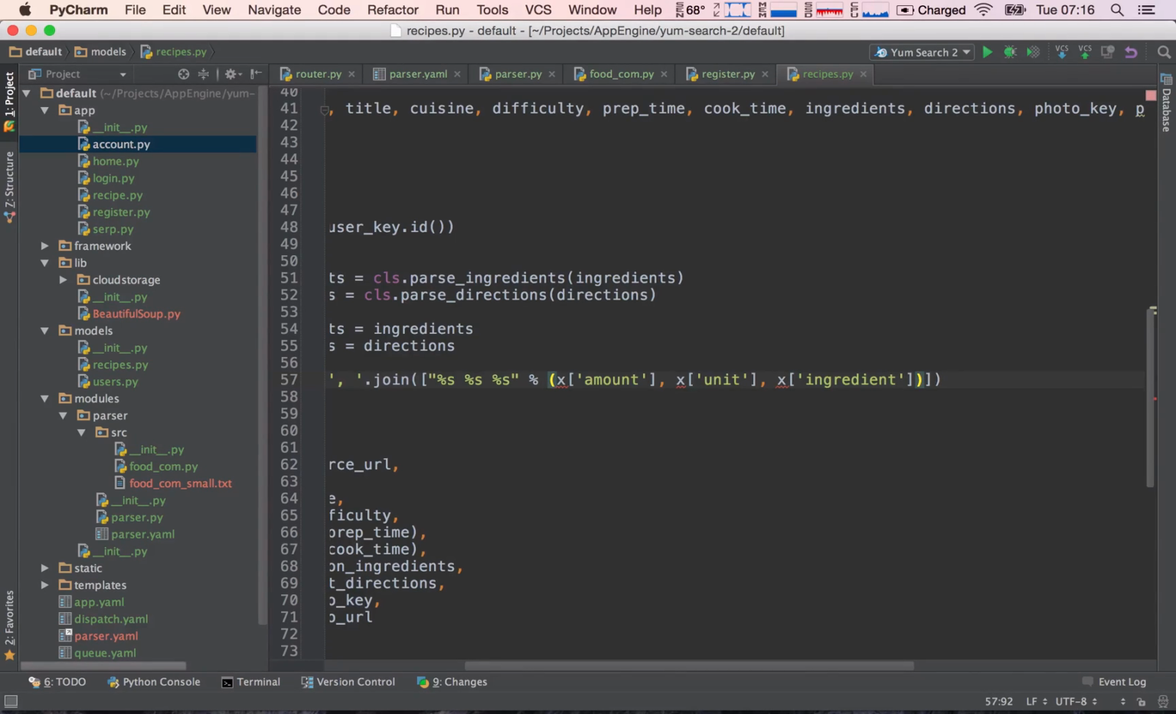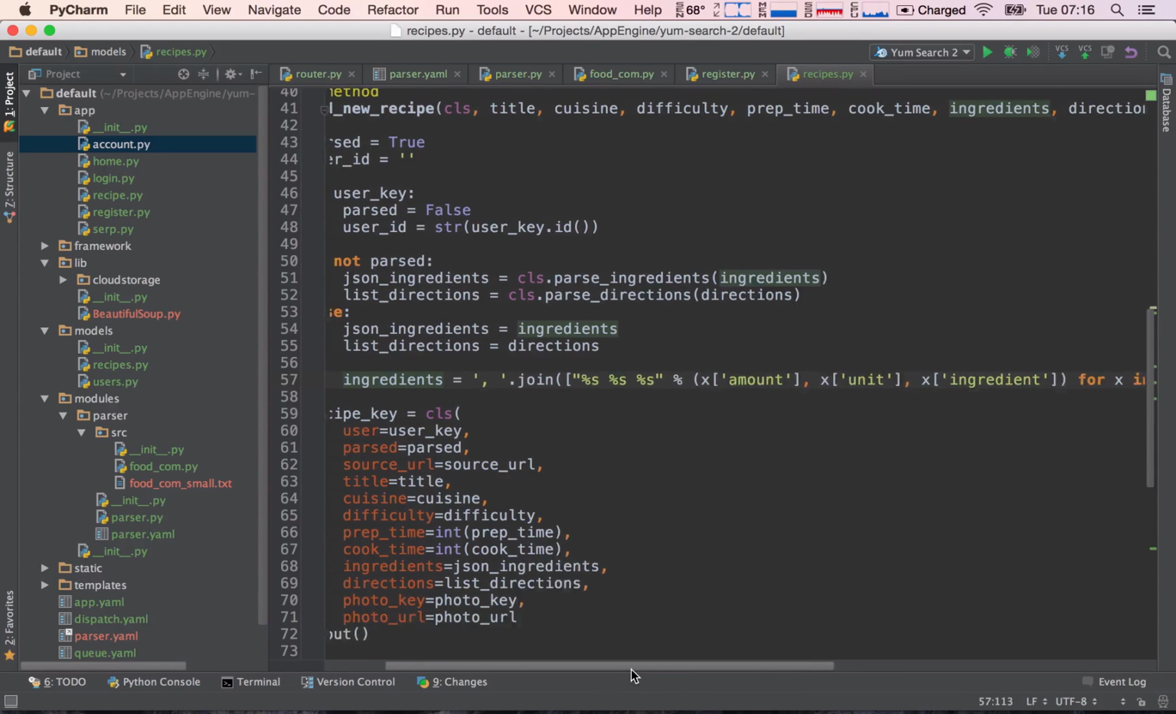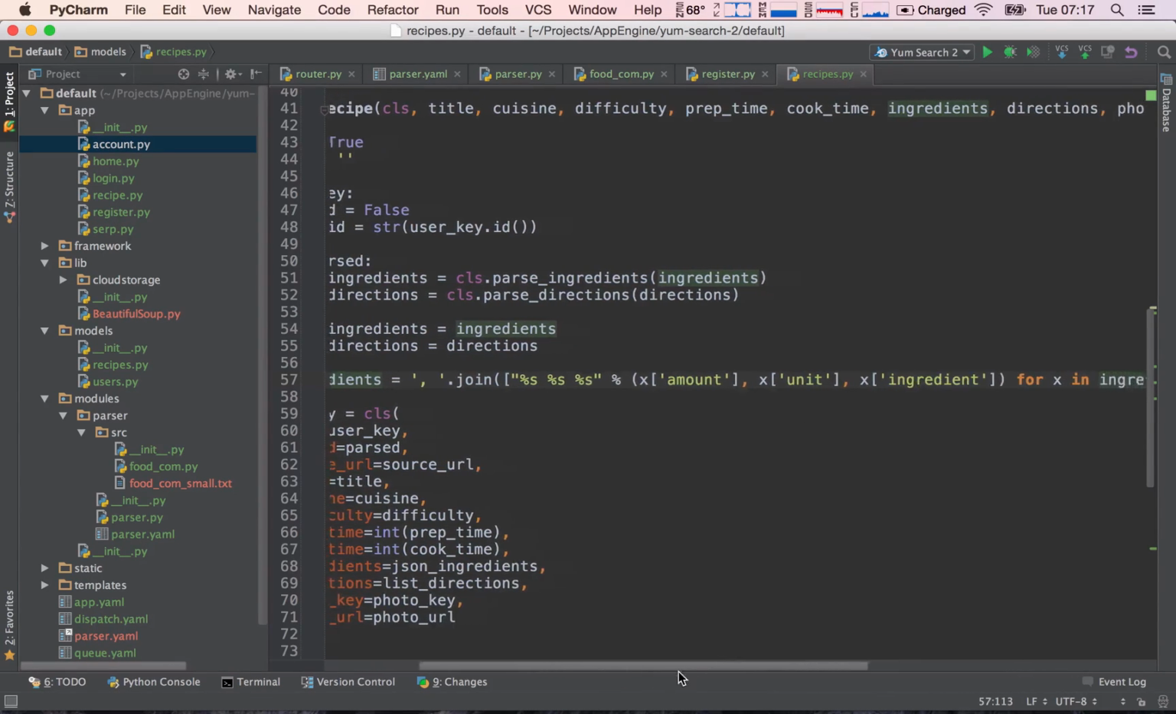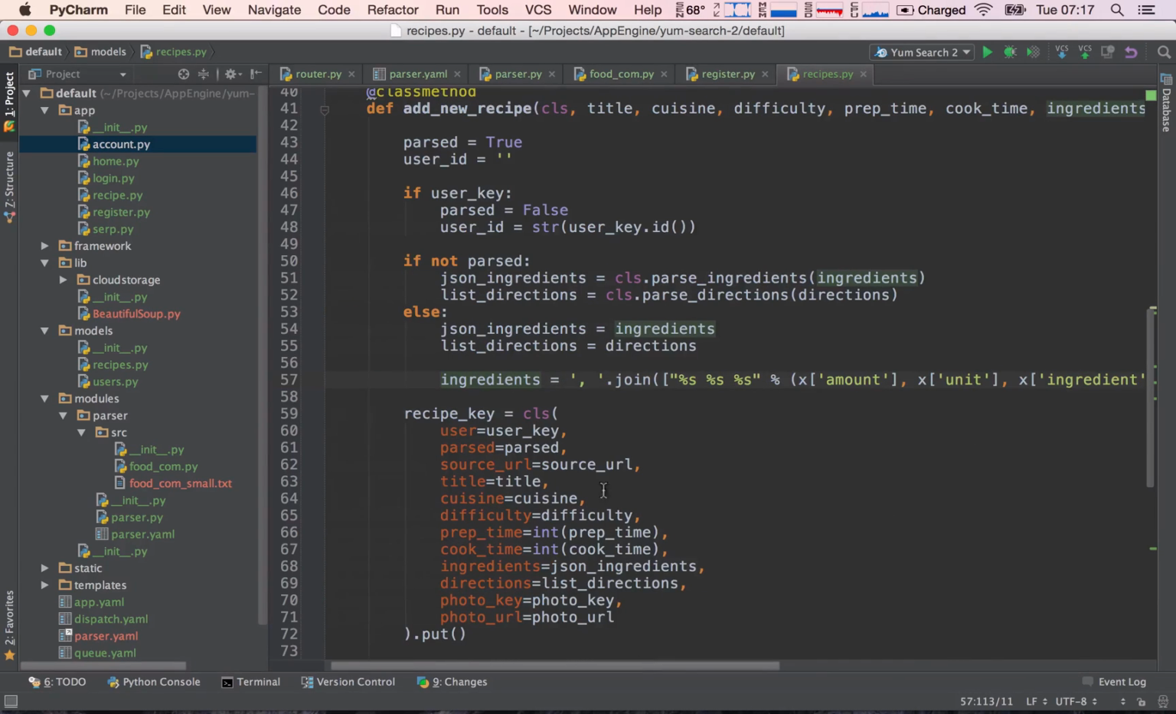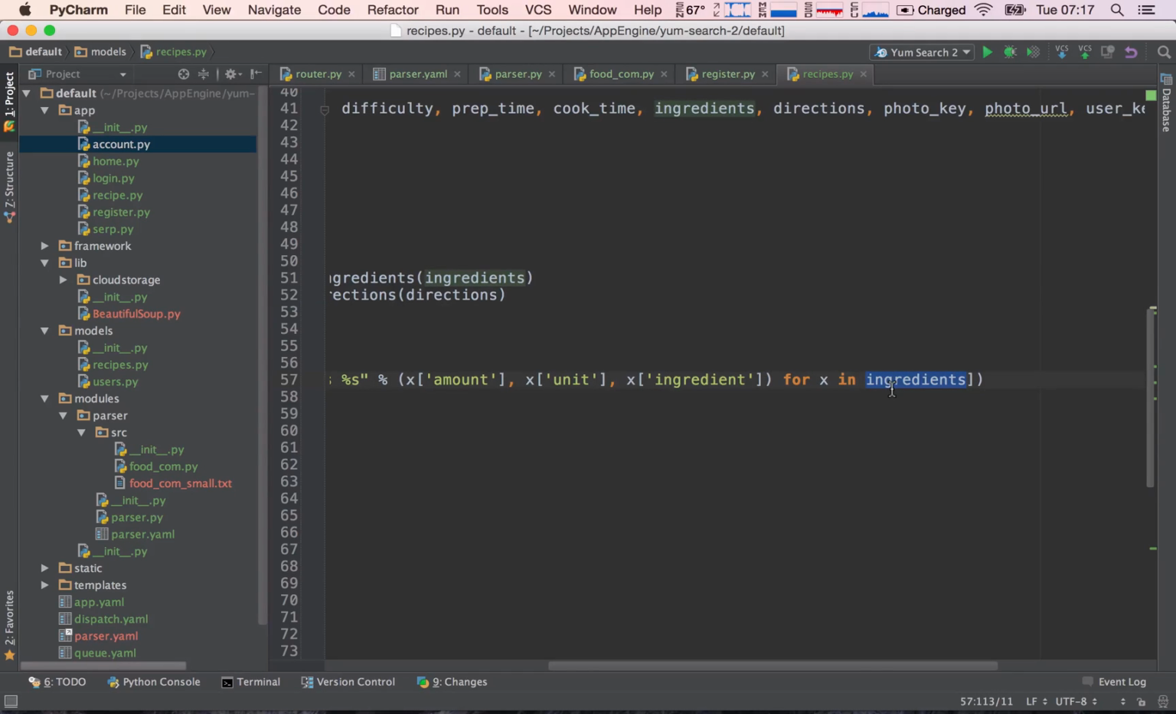And now outside of the parentheses, I'm going to say for x in ingredients. Okay, what's going on here? This may be a little bit confusing, but don't worry, this is actually very simple. When we are in the parsed case, so when we are in the else case, ingredients is a list, right? So in one line, we are looping over this list. So for x in ingredients,